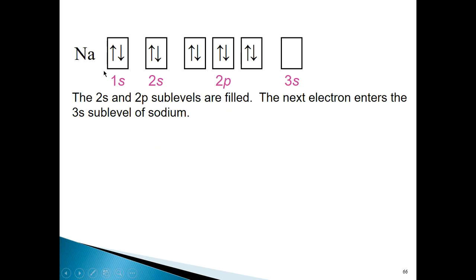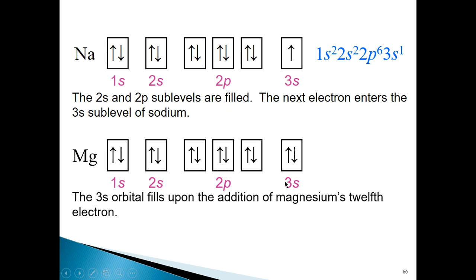So to get from neon to sodium, we have to add an electron to the next higher energy orbital, which would be the 3s orbital. So that is sodium, and that's the electron configuration of sodium. And then for magnesium, to get from sodium to magnesium, we simply add an electron to the 3s orbital, spinning in the opposite direction, and therefore the electron configuration of magnesium is what you see here, and so on and